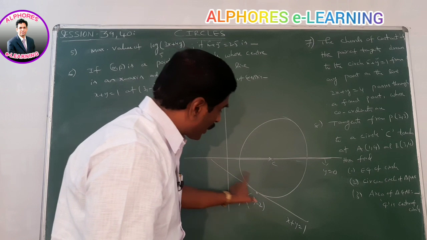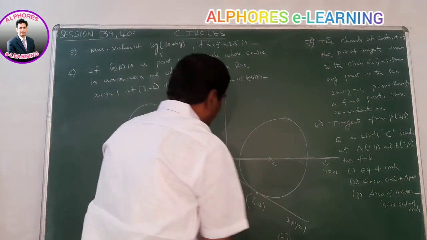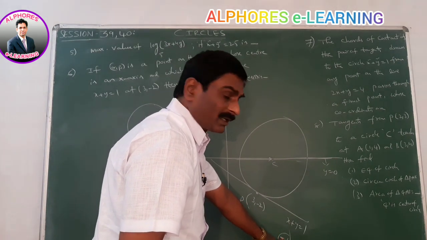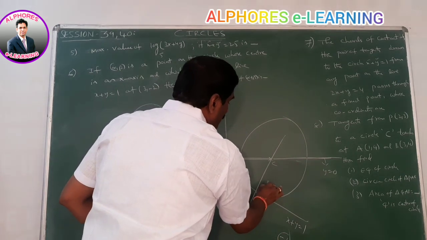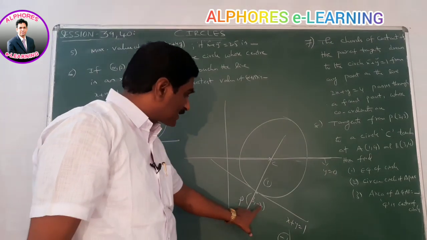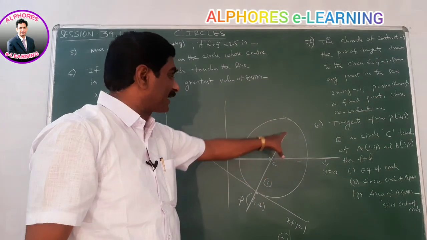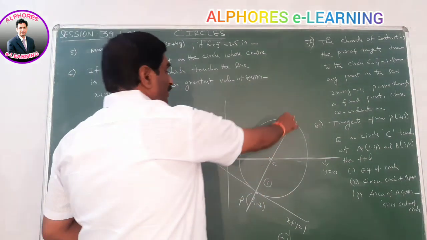Okay. Here the slope of the tangent is equal to minus 1. The slope of the tangent is minus x coefficient by y coefficient, which means minus 1. The perpendicular slope is nothing but the negative reciprocal of this value, which is 1. The normal slope is 1. The point is 3 comma minus 2. By using the slope-point form, we get the equation of this normal. This is one of the normals.